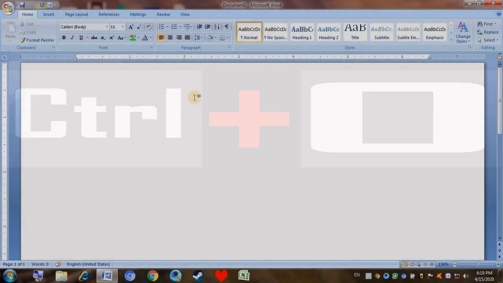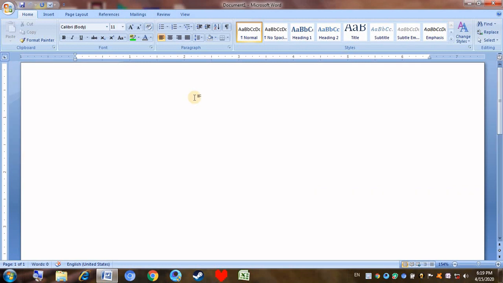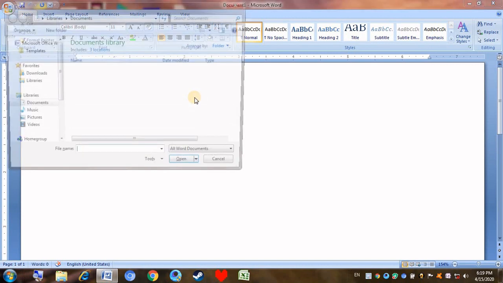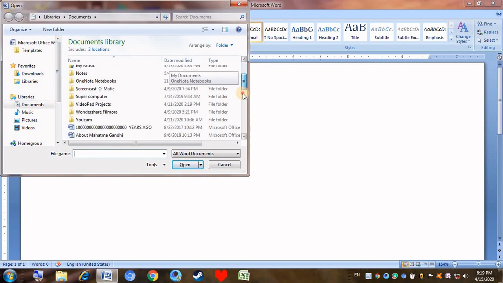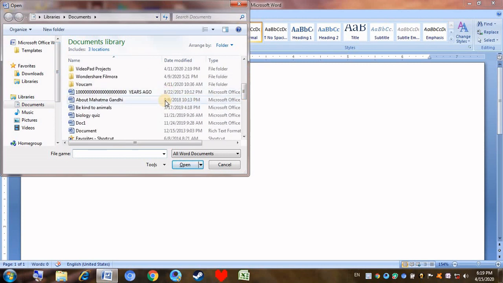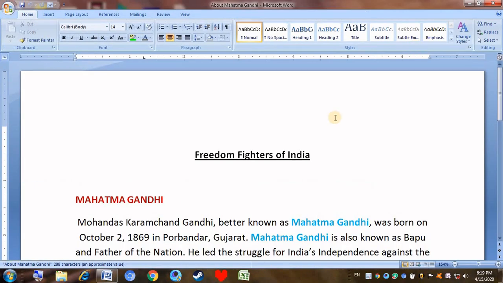Fifth shortcut, Ctrl plus O to open a saved document. So let me press Ctrl plus O. So if I go to Documents and let me make it little. So I am opening a Word document called About Mahatma Gandhi. So the Word document opened up. This is used to open a document faster. So next shortcut,